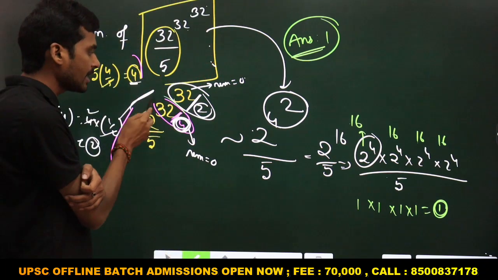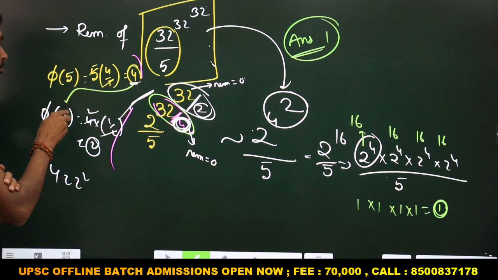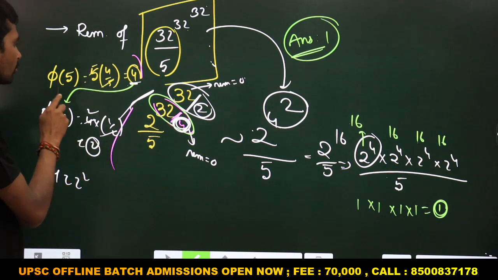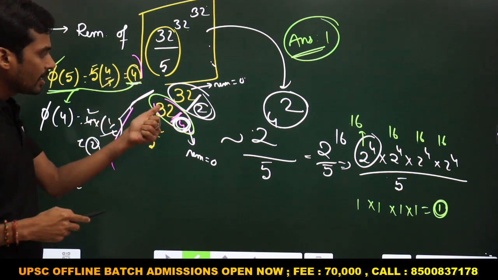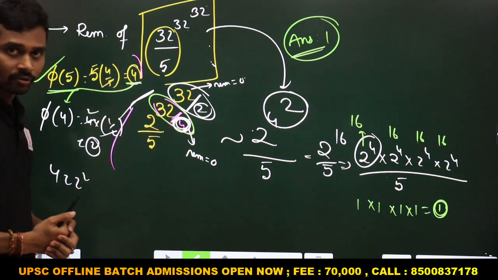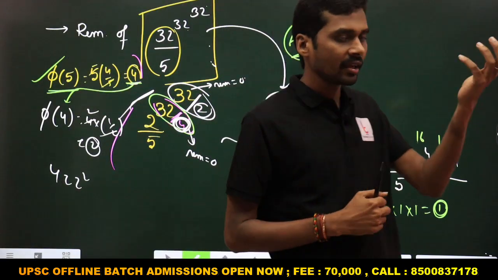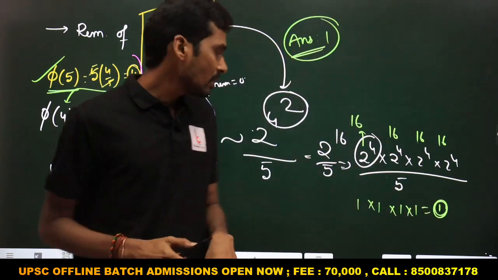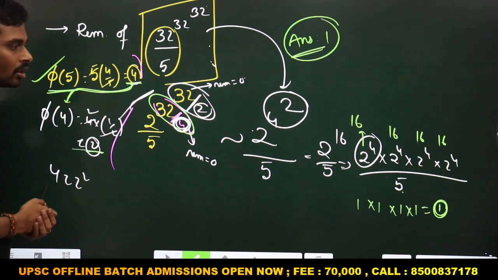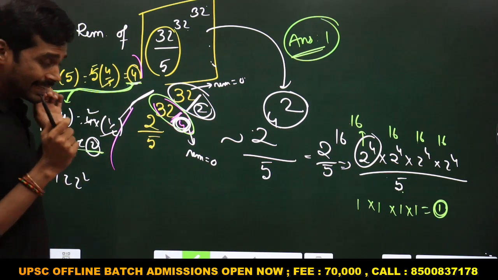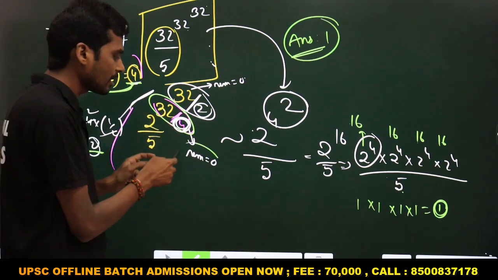So actually, if you don't get remainder 1, then immediately I have to take the quotient of this number also. Here I am not getting remainder 1. So first I find out the value of phi of 5. I get 4. So if I divide the first power with 4, I'll get the remainder 0. Only if I get remainder 1, then I can stop there, since 1 power anything is 1. Otherwise, we can go for the next totient. Totient of this number is again what? 2. So the next case is, if you get another remainder, no problem. But if you get remainder 0,